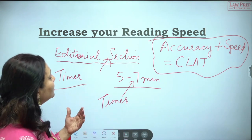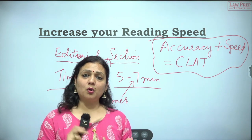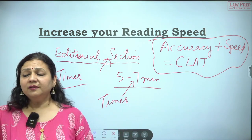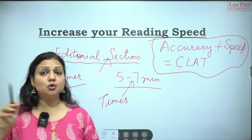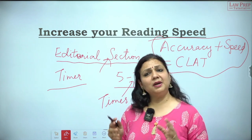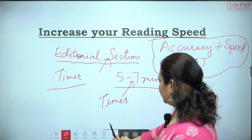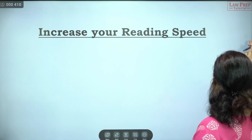Next thing, when students are reading, increasing your speed, you have asked what role vocabulary plays. Reading has to be done. Basic foundation students, especially the 11th standard and the 12th standard students, shouldn't forget that this is something where you should not leave any stone unturned. It doesn't happen in a day, but within 15-20 days, you get used to these things and you understand very carefully. After that, we have to remember the next thing,